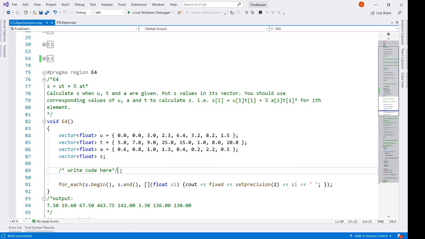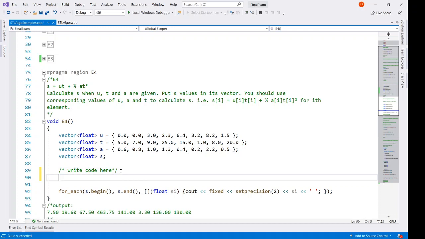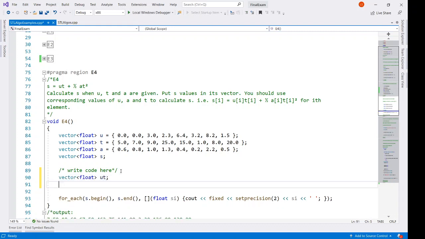So now this problem solving involves multiple ranges, right? So we want to first calculate the ut part. So let's say we want to calculate first the ut part. So that is again a vector of float values, right? Now that vector will be the multiplication of u and t. So two ranges, right? So if we go to our